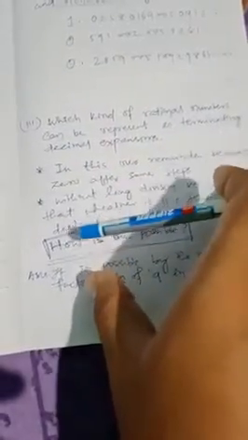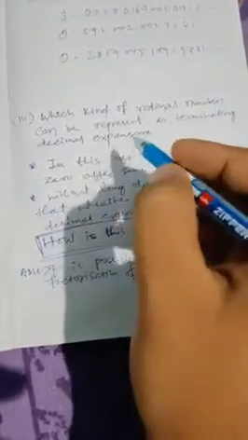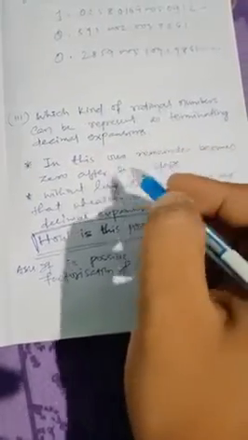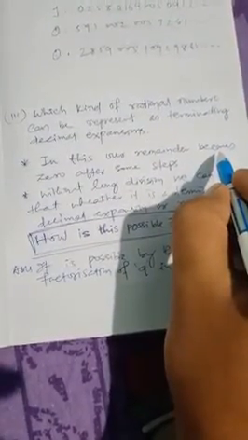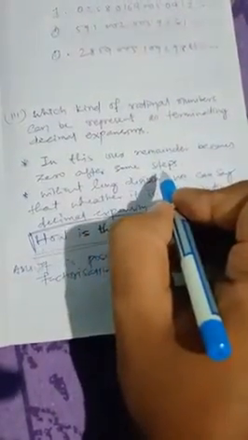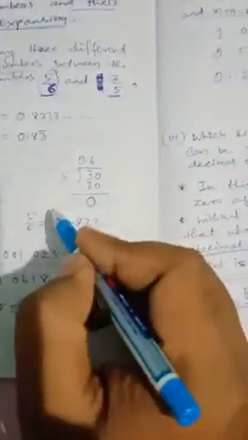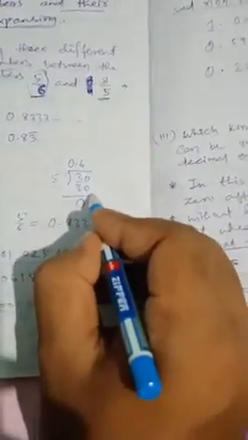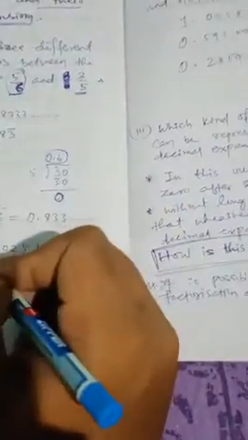without long division, without long division. Right now, if we divide the numerator by the denominator, then in this case what will happen? In this, our remainder becomes 0. Our remainder becomes 0 after some steps. So look at here, it is 3 by 5, and if we perform the division, then after one step here the remainder becomes 0 and we will get 0.6, and it is a terminating decimal expansion.